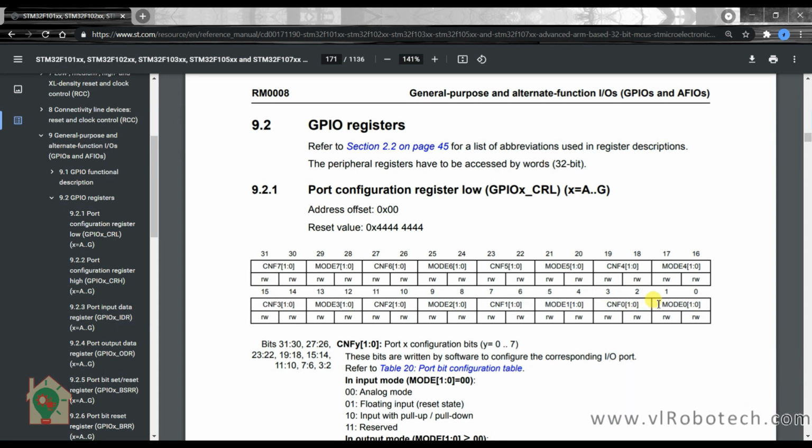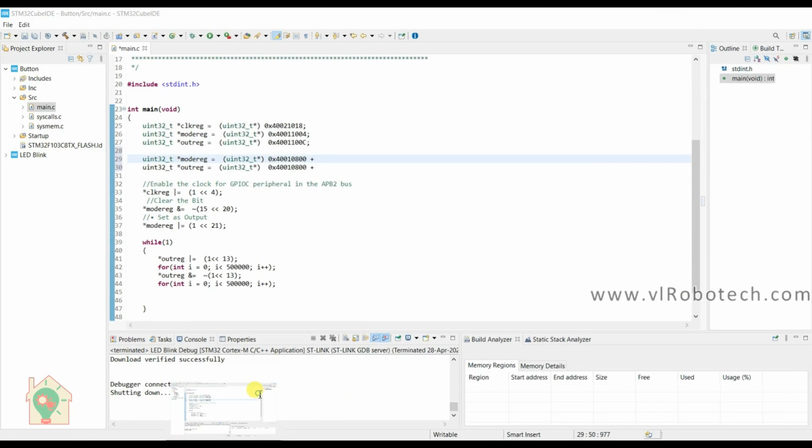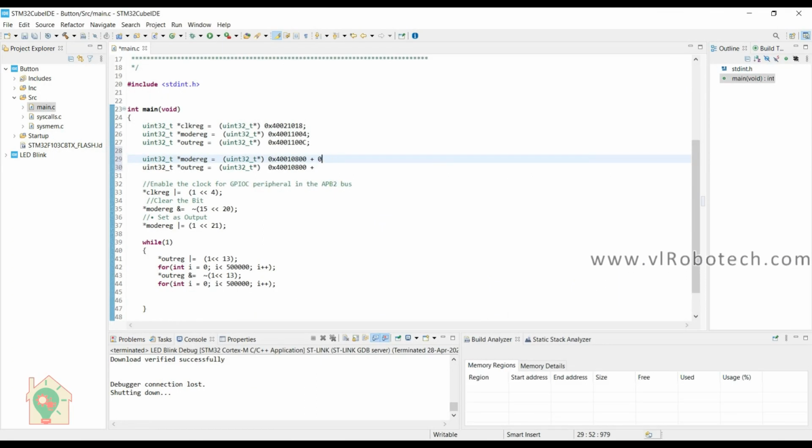We are using port A and bit 0. So this is for bit 0. So here the offset value is 0. So we will add here 0x00. So it means it will be like this.